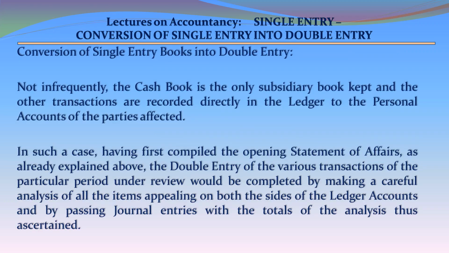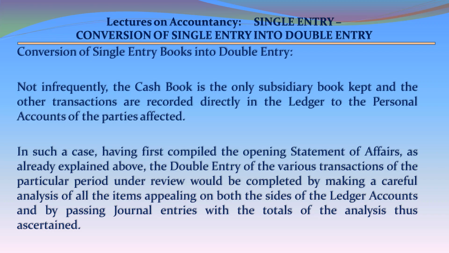Not infrequently, the cash book is the only subsidiary book kept and the other transactions are recorded directly in the ledger to the personal accounts of the parties affected. In such a case, having first compiled the opening statement of affairs as already explained above, the double entry of the various transactions of the particular period under review would be completed by making a careful analysis of all the items appearing on both sides of the ledger accounts and by passing journal entries with the totals of the analysis